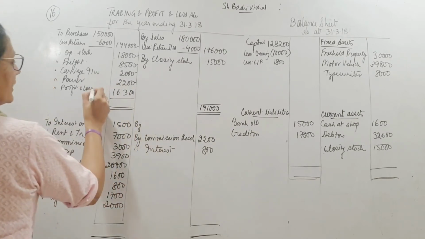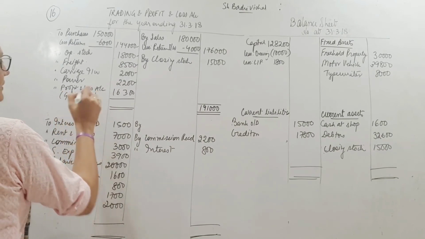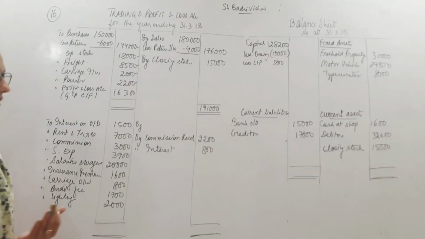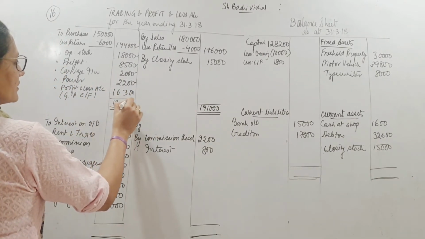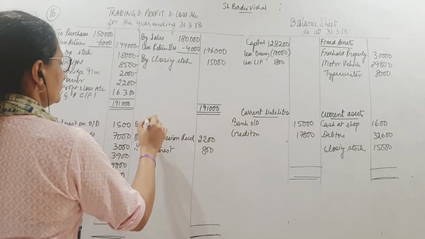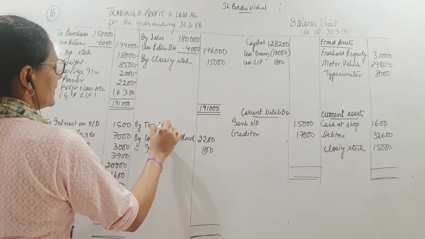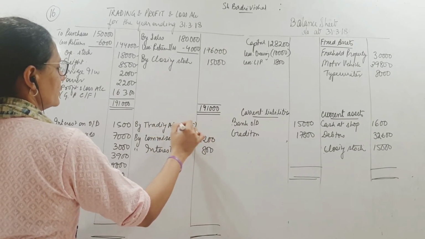16,300 rupees. And that I transfer to profit and loss account. What is this? GP carried forward. Gross profit, right? Gross profit is being transferred to profit and loss account. So my total is here. I have closed the trading account. I bring down here, I write here by trading account, gross profit brought forward